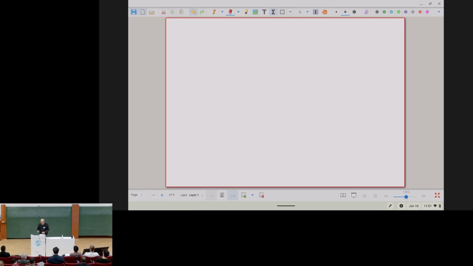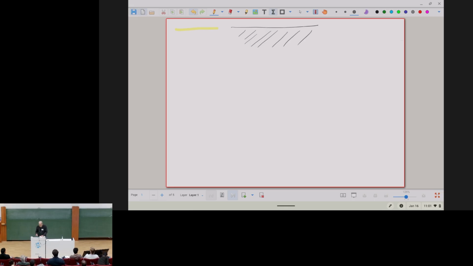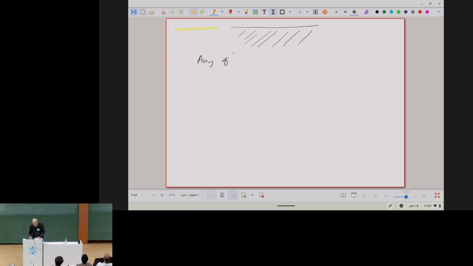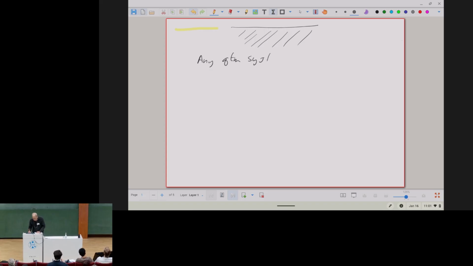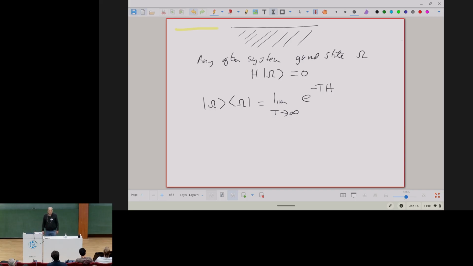I was asked why it's true that a path integral on the negative half space projects onto the vacuum. So if you have any quantum system with ground state omega, and let's assume that omega has zero energy, then the projection on the vacuum is the limit as t goes to infinity of e to the minus tH. Because as t goes to infinity, all states of positive energy will be killed, and the ground state is left